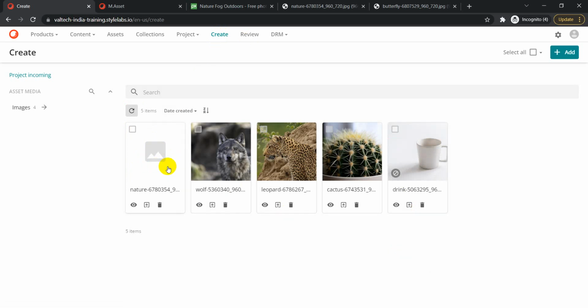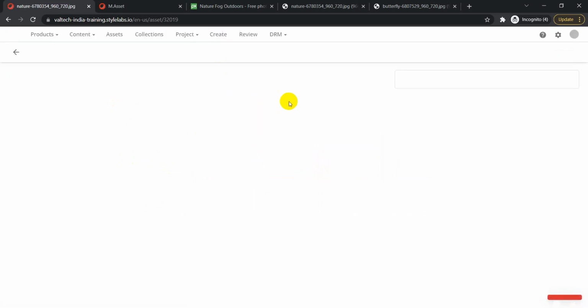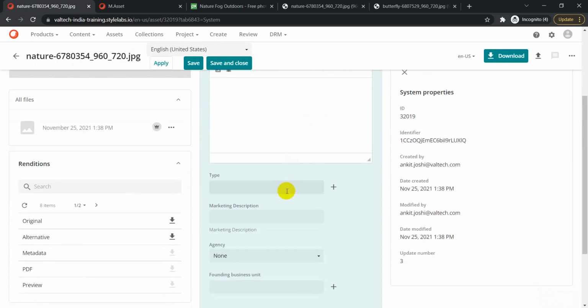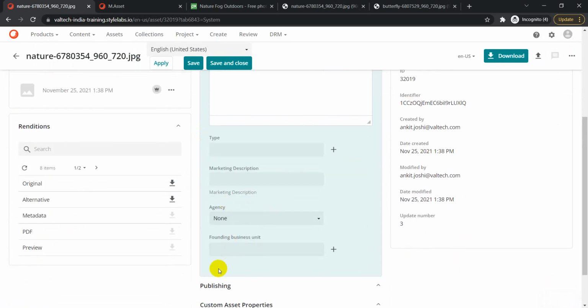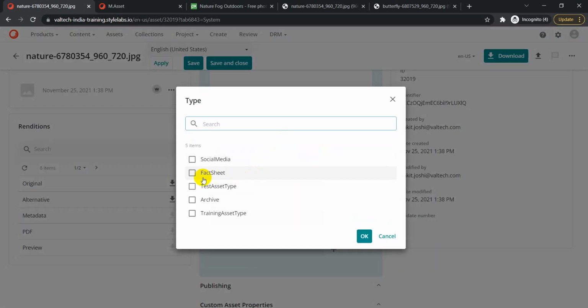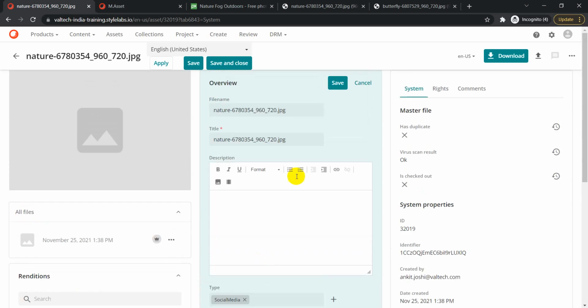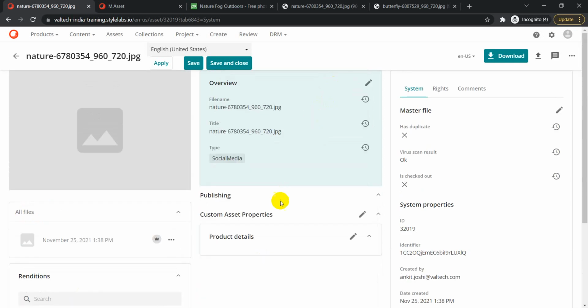The thumbnail is not coming because there is something going wrong with the processing job, so you can just ignore it for now, but other things you'll find should be fine for you. So yeah, we see this file name, title, and everything. Right now the asset description is not available just because the type is not set. So let me just type something here and make it social media, so that I have that value, which is okay. And from here, if I just click on save, it doesn't give that error, because right now we are not in under review or approved state. So that's why we don't get that error.